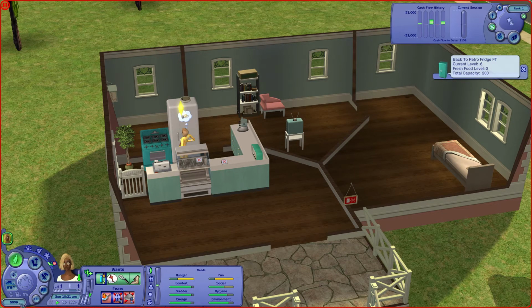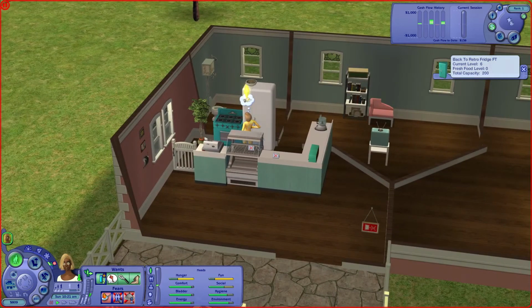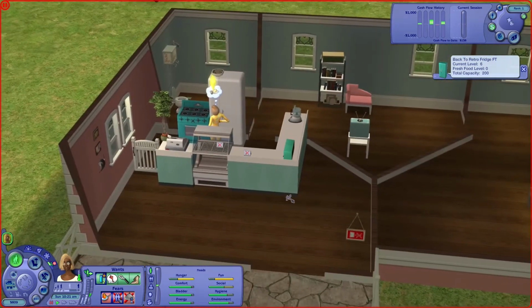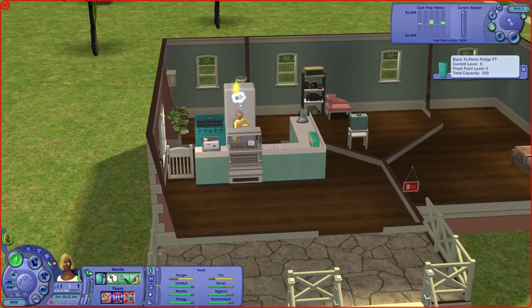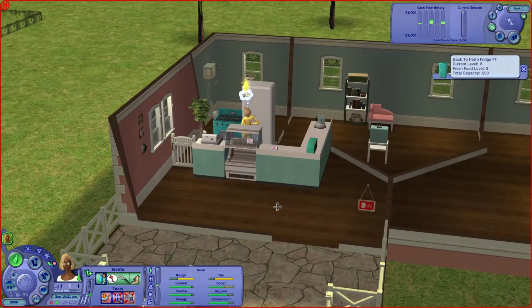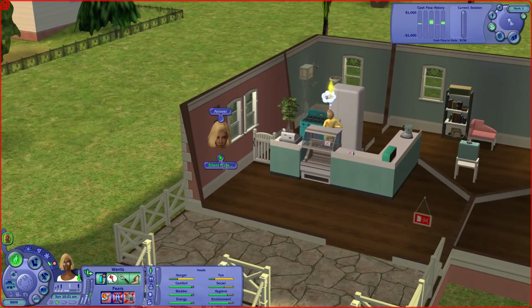But for someone like Esther, who literally has 800 simoleons to her name, and needs supplies in the fridge to basically continue her business, this is quite an interesting and very cool element, as we have to take into account what our expenses will be going on. We have 6 points in our fridge. You have a total capacity of 200,